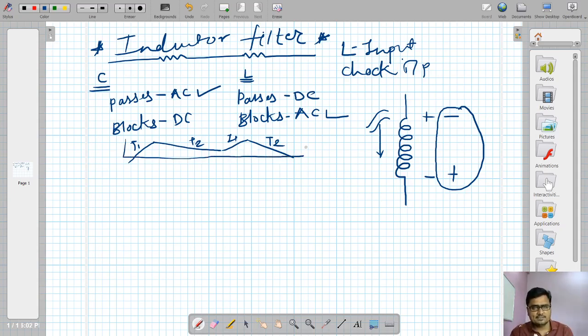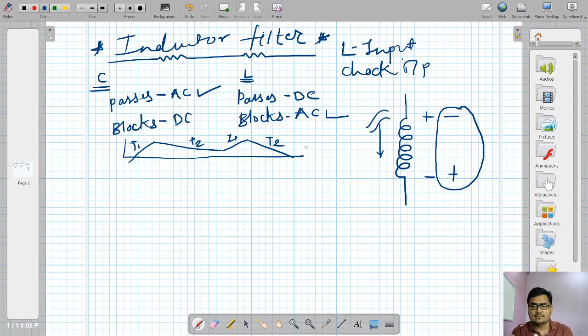We explained everything with respect to time, but it is not possible with the inductor. So that's why, in the operation, the waveforms of a rectifier with inductor filter are always vague. They are approximate waveforms, always. We cannot say those are the exact waveforms that I am getting with the inductor filter. No, the waveforms are always approximate.